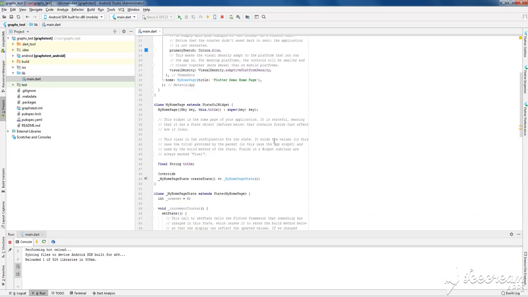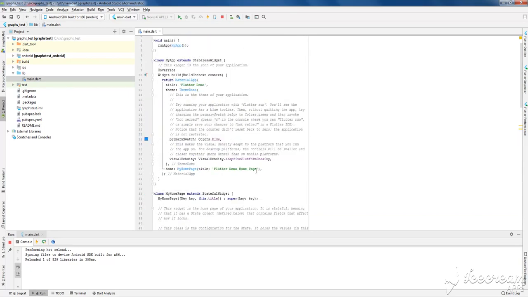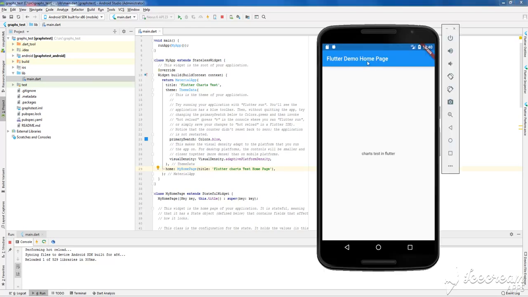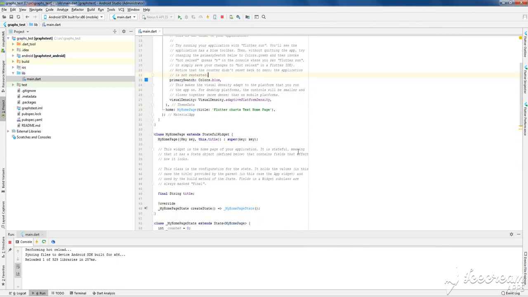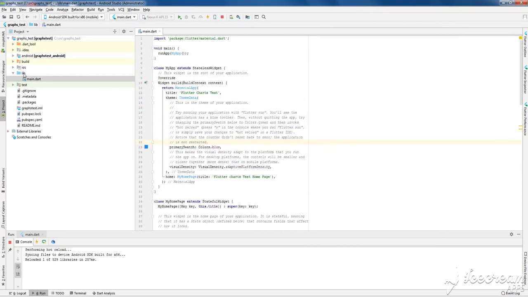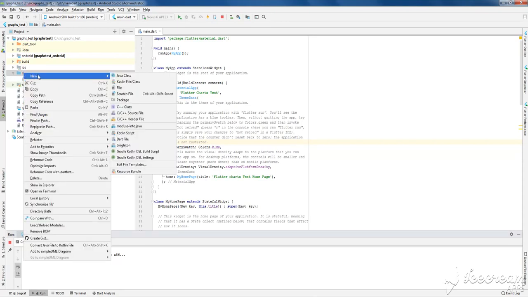And then go to my app and also change the title here to Flutter charts test, and let's call it Flutter charts test homepage. So we will see here Flutter charts test homepage, and charts in Flutter we already see here. Yes, that's it. So now let's go to the lib folder and create a